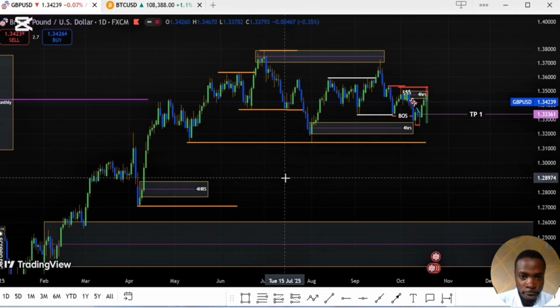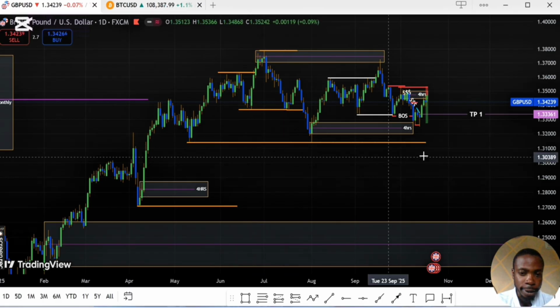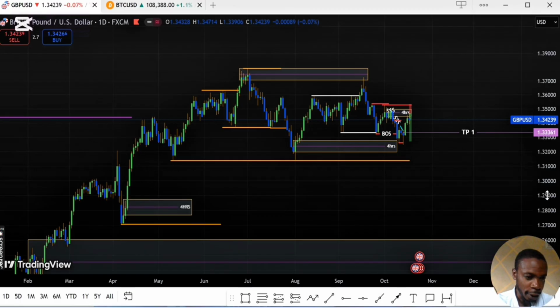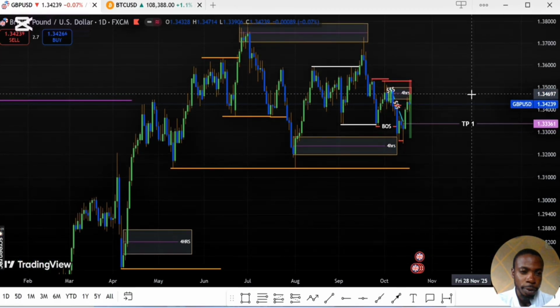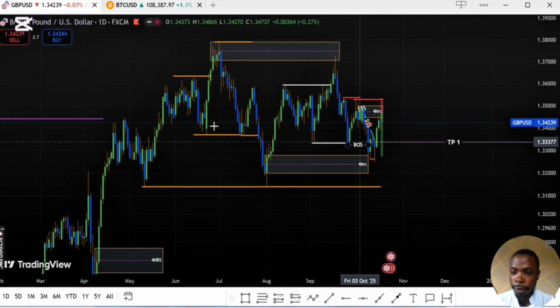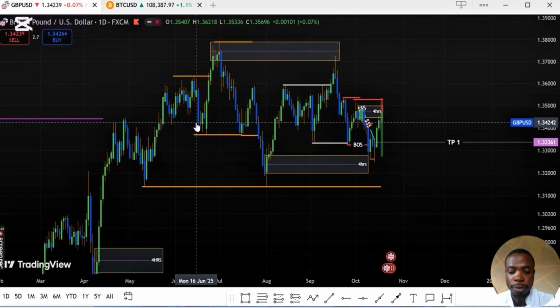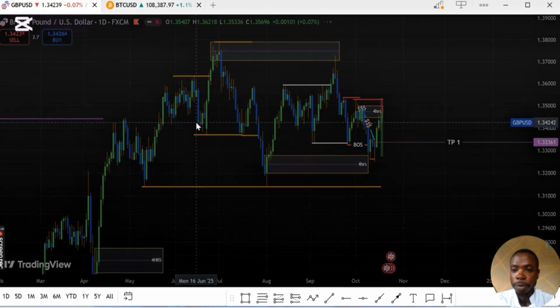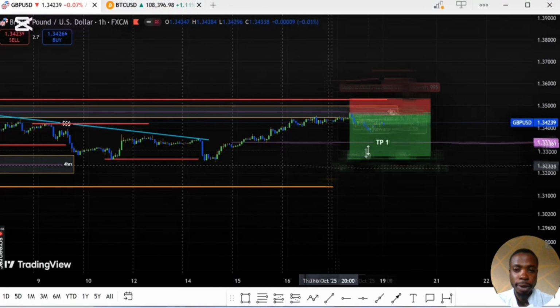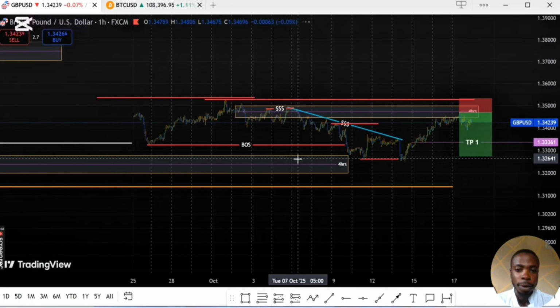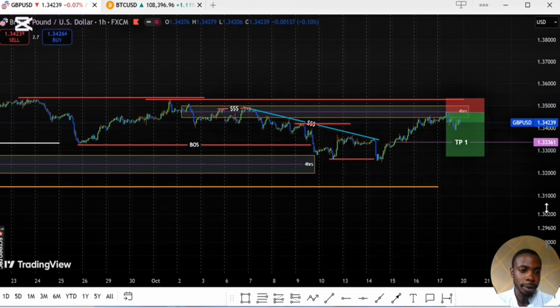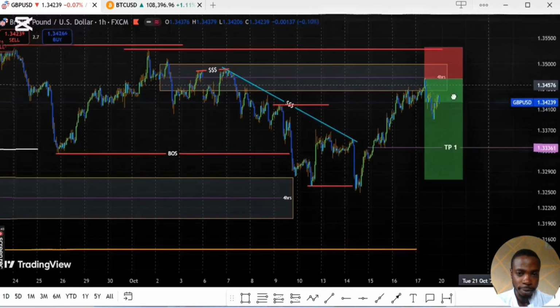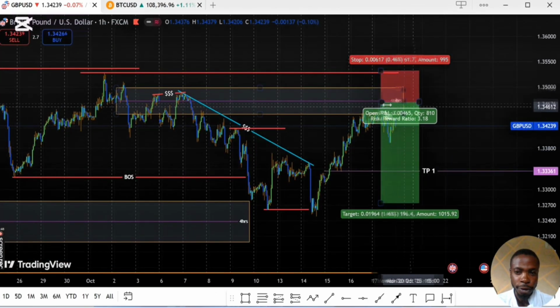Let's reanalyze our GBPUSD analysis of last week, Thursday and Friday. So, market already tapped us in. Let's go to the 4 hour time frame or 1 hour time frame to see. Go to 1 hour time frame. You can clearly see the daily structure is really, but currently, since here was the analysis and here is the trade. Market has already tapped us in on this trade.